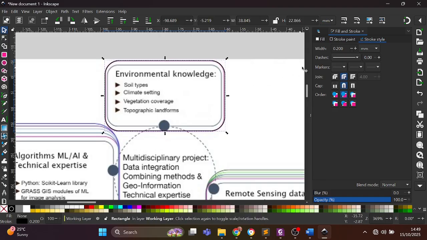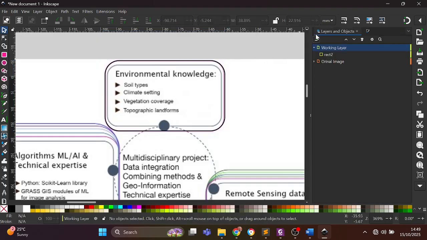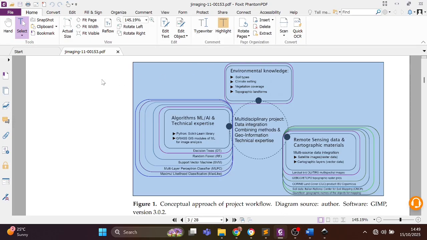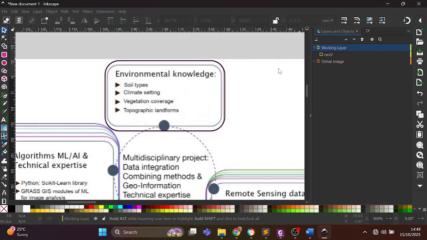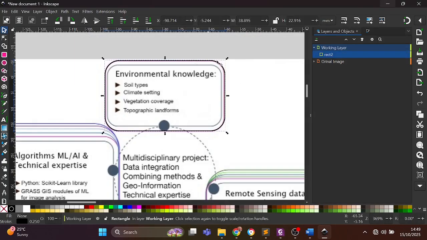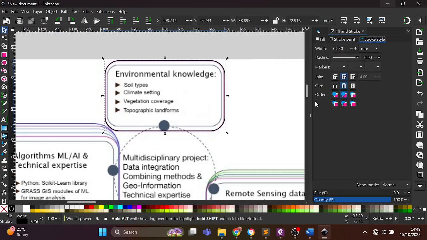I think it's okay. So if you look at the original image, that very rectangle is actually in purple color. So let's quickly change the color of it to purple. Select it, go back to fill and stroke, or you can change it from down here. Right click on the color and then select stroke, and then it changes the stroke to a purple color,